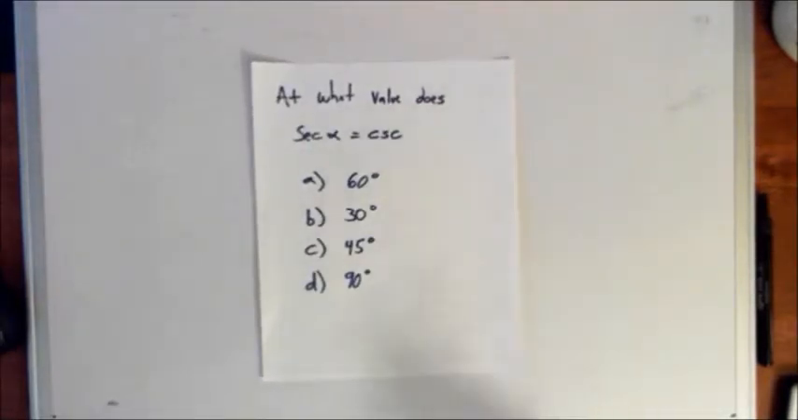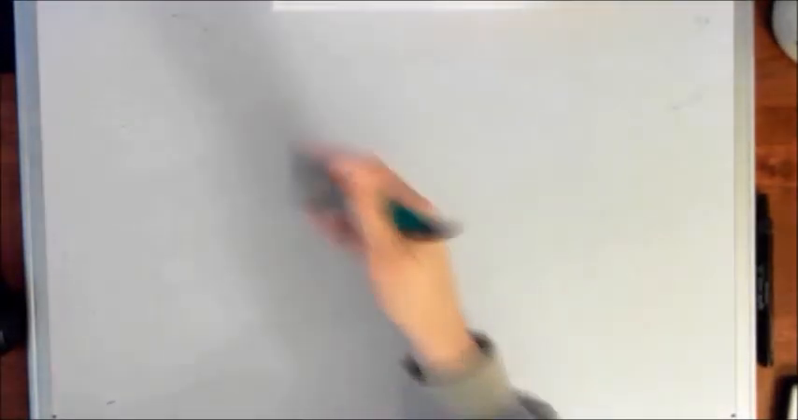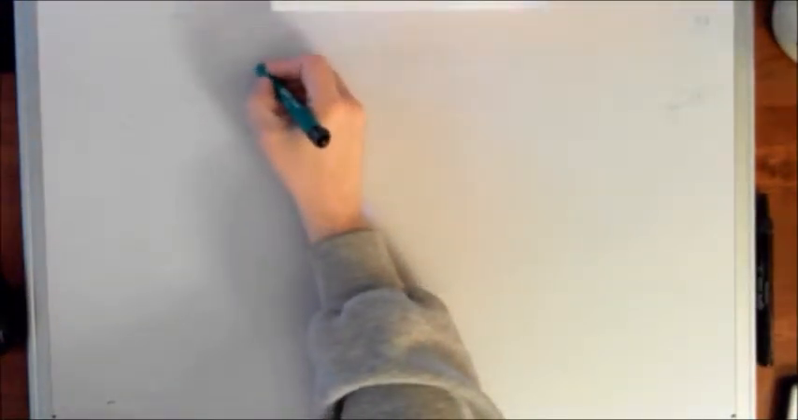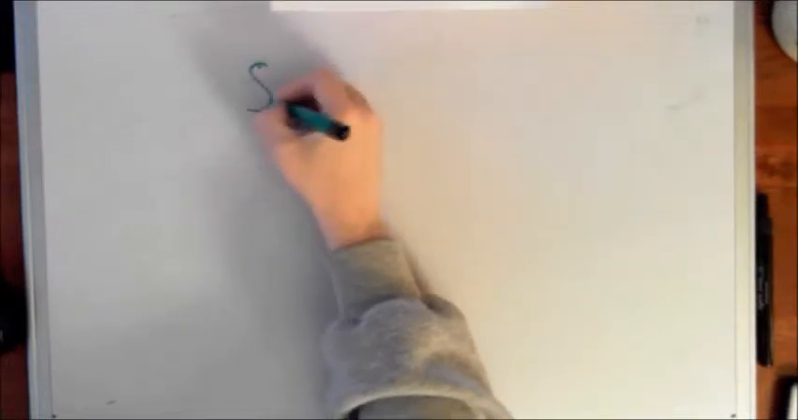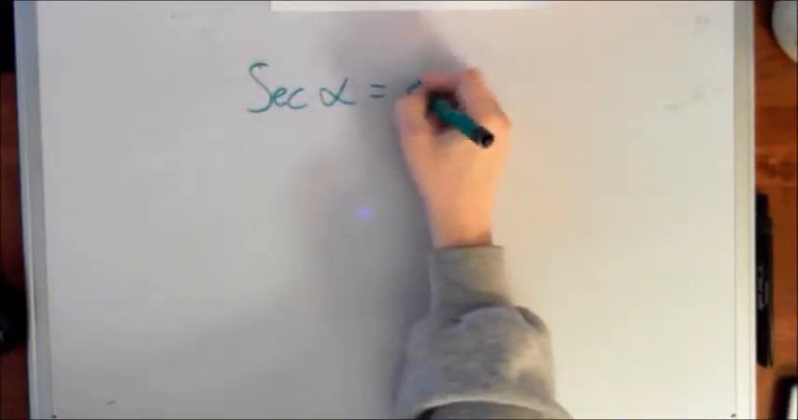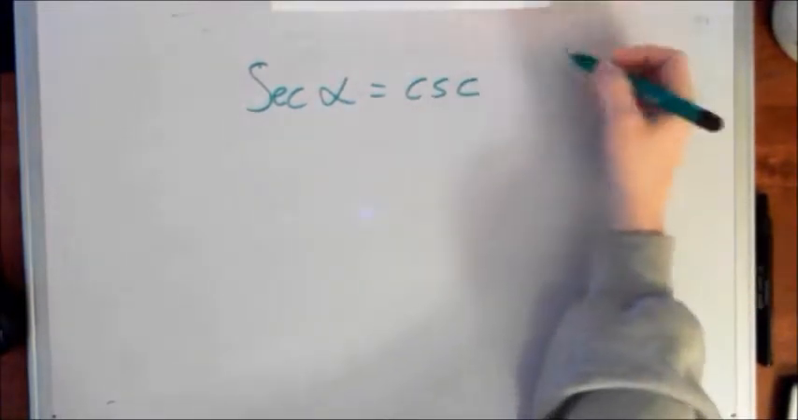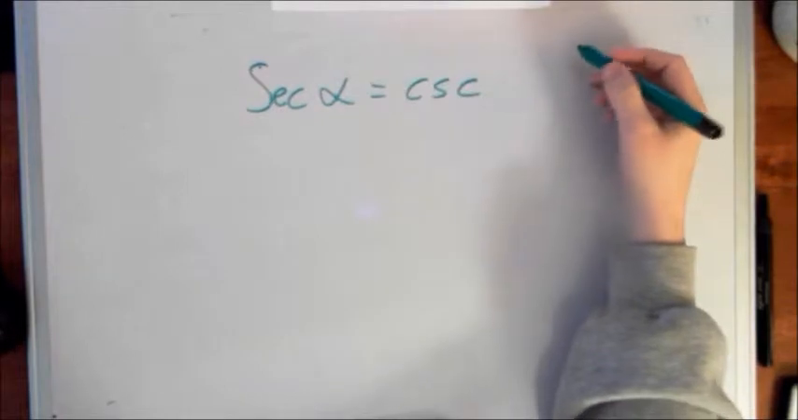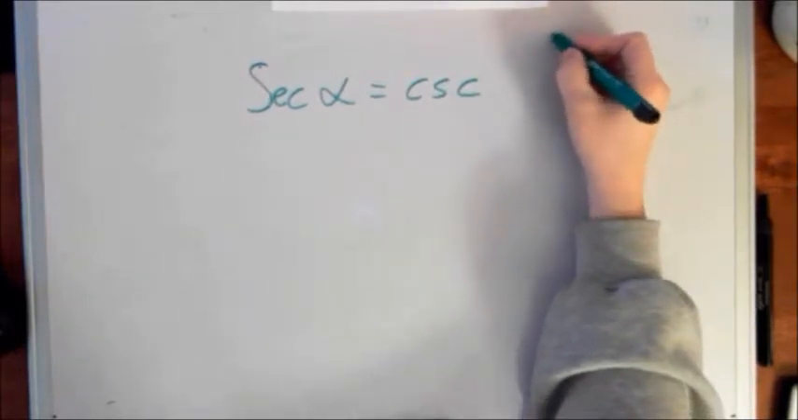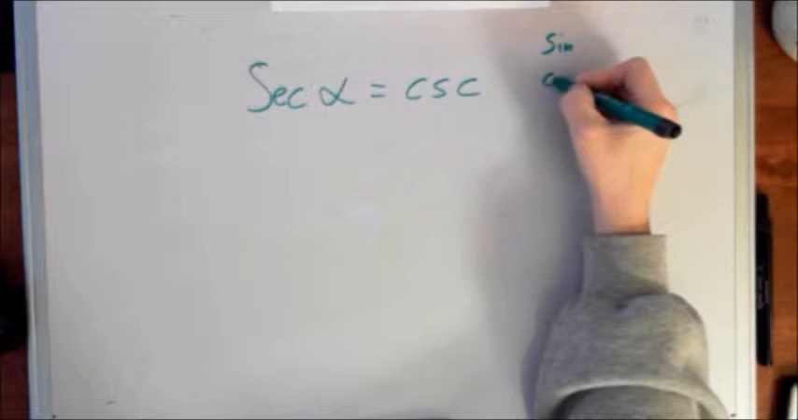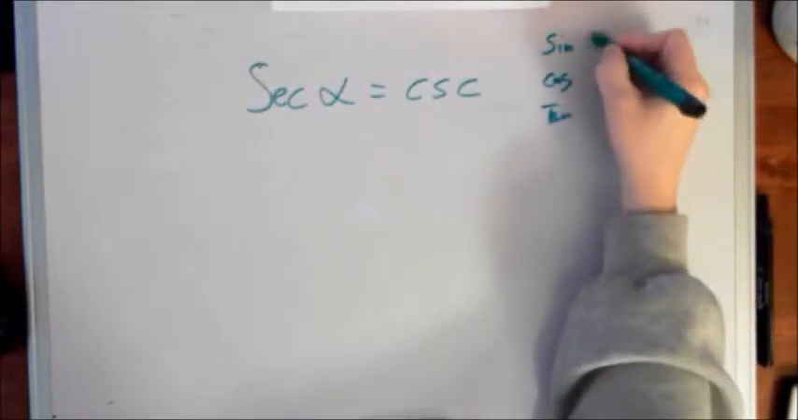So starting with the first example. This is a pretty straightforward, pretty easy one. At what value does secant alpha equal cosecant alpha? So let's rewrite what we're trying to evaluate, which is secant alpha equals cosecant alpha. So let's write some of our identities down on how we can look at this in a different way. So I'll start with the basics: sine, cosine, tangent,